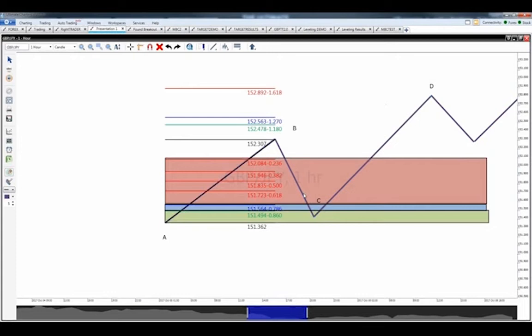Well, if my reversal takes place in the blue zone, I'm going to do the exact same thing, but I'm going to buy in the blue zone, and I'm going to sell the moment it moves up and it hits right into my blue extension right here. So I'm going to buy and sell from green to green and blue to blue.